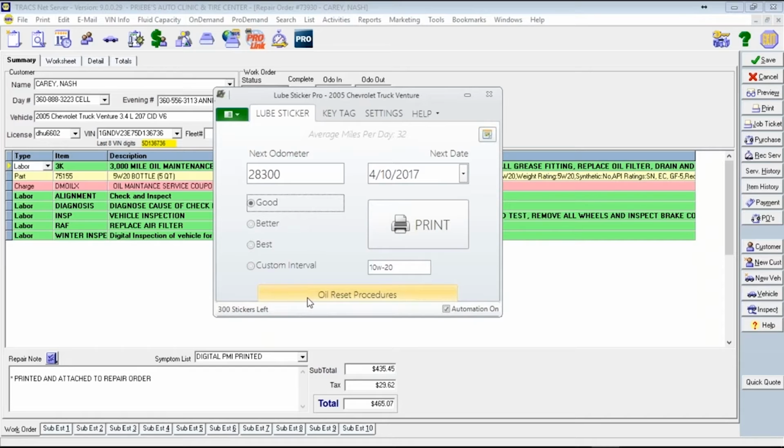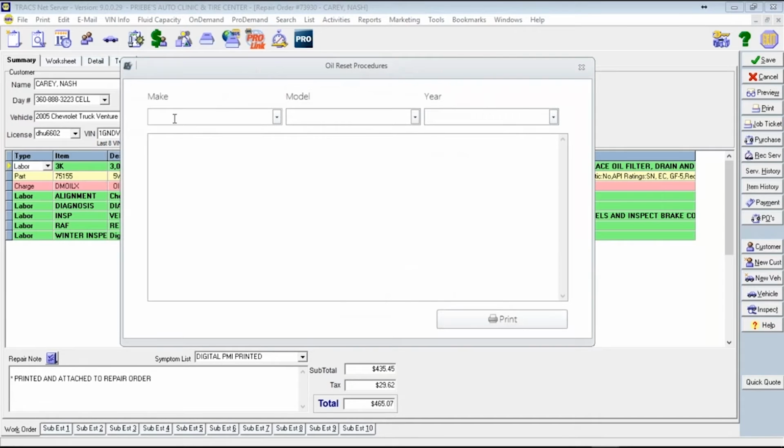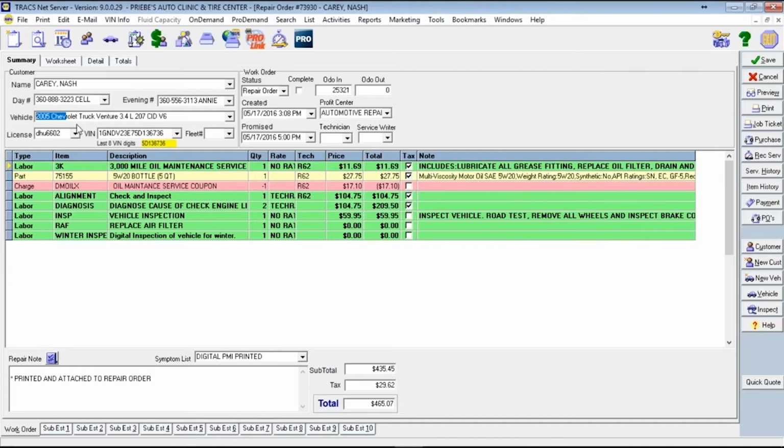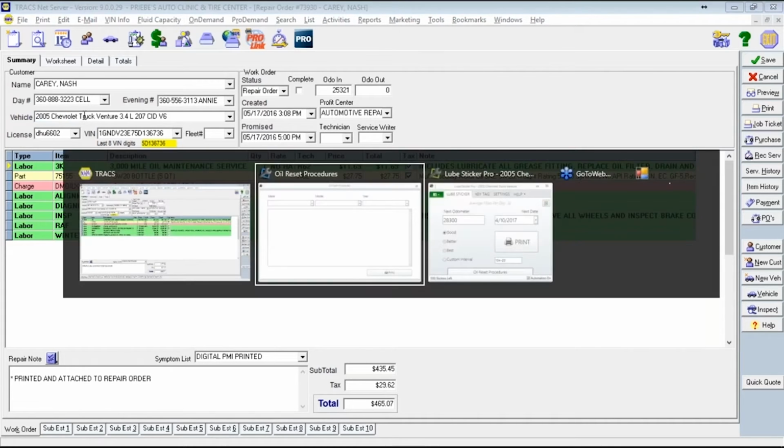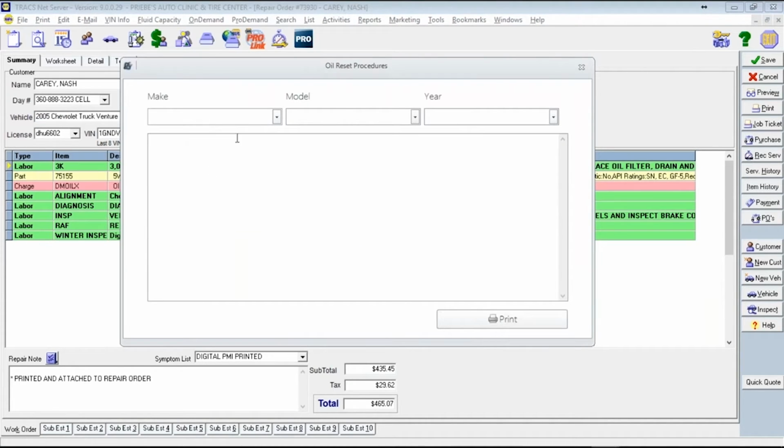Right. There's oil reset procedures. I'm really big on them because there's nothing worse than doing a great job on a customer's car and then having them come back a week later with the maintenance minder on. We provide you with this here. When you click on this, if the vehicle in the background is one that's equipped with a maintenance minder light, and mind you, this is an 05 truck, so it may not be equipped, a lot of times it's automatically going to see that. But if it doesn't, all you need to do is go in here and find out